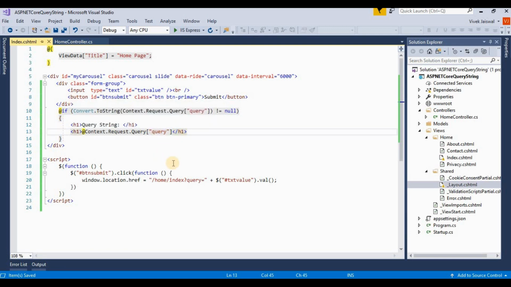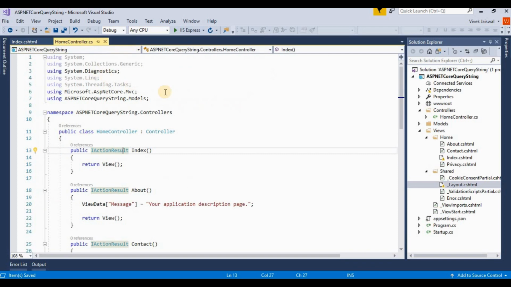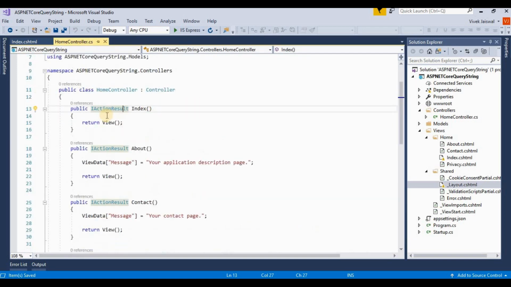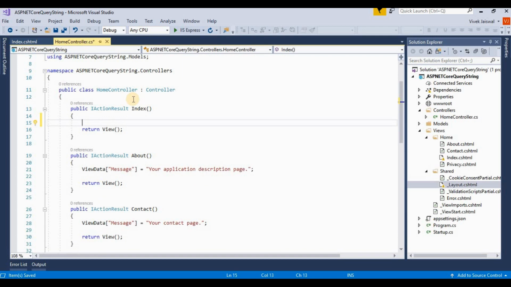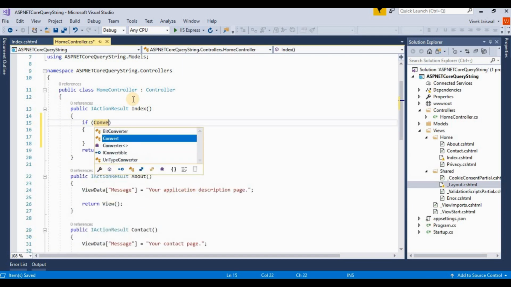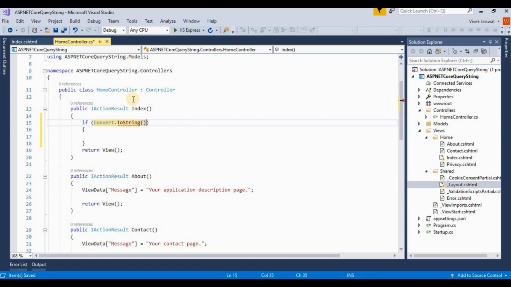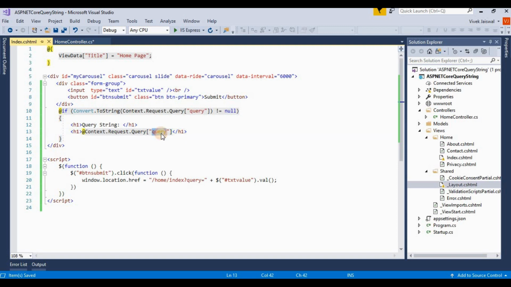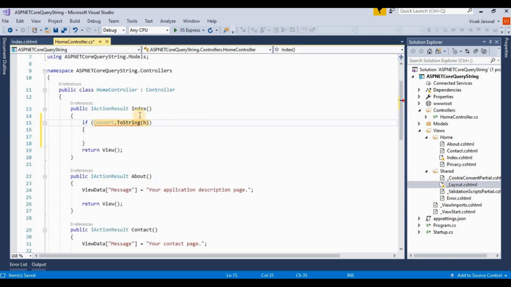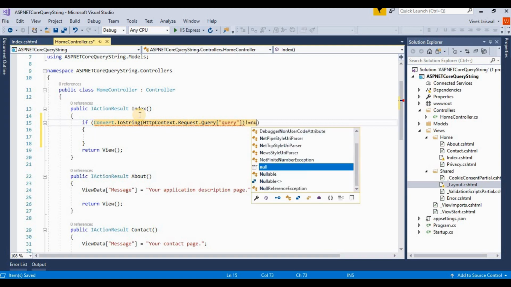And if you want to access this in our server-side code, meaning .cs, then I'm writing this code: if Convert.ToString of this query, here we write HttpContext.Request.Query and here we write a key, and the query is not equal to null.